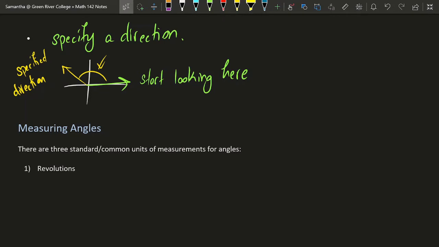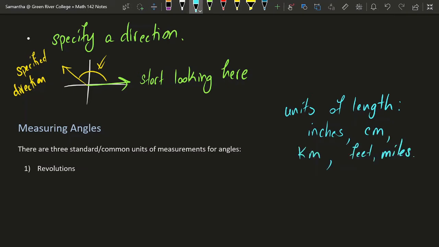Now when we're measuring or describing an angle to someone, there are 3 common units that we use to describe it. When I talk about units, let's go back to length for a minute. There are lots of different common units for length depending on what country you live in and what kind of thing that you're describing. If you live in the United States and you're describing something that's relatively small, you might describe length using units like inches. If you live outside of the US and are describing something small, you might describe it in terms of centimeters.